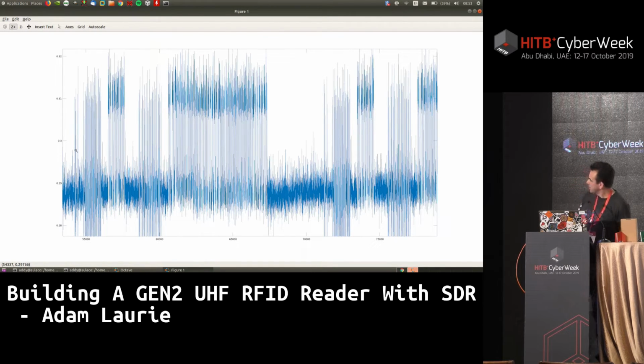So the way UHF works is you send a query command, and then within a random space of time, any tags in the field will respond with a random number. If you echo that random number back to the tag, it will then respond with its ID. And again, one of the things I found that was super critical was the timing gap. When the tag sends you the random number, you have to respond with your acknowledgement within a really, really,